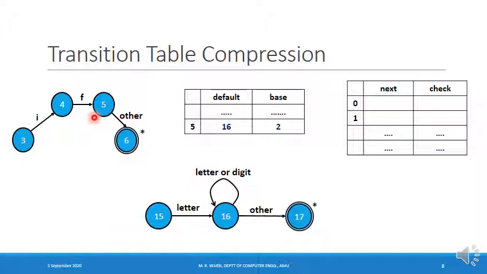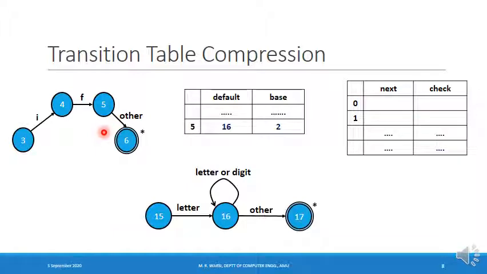Now in state number 5, if it scans, for example, a white space character or punctuation symbol, then it goes to the final state, that is 6, and it has successfully recognized the keyword if, and the if keyword is returned to the syntax analyzer. On the other hand, if in state number 5 it receives, for example, another alphabet, let's say a small b, then it is not the keyword if, but it is an identifier. So ifb means it is an identifier.